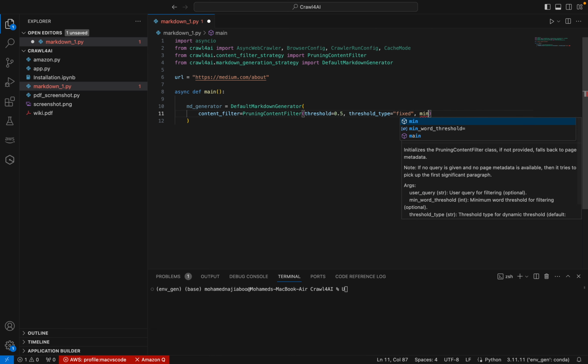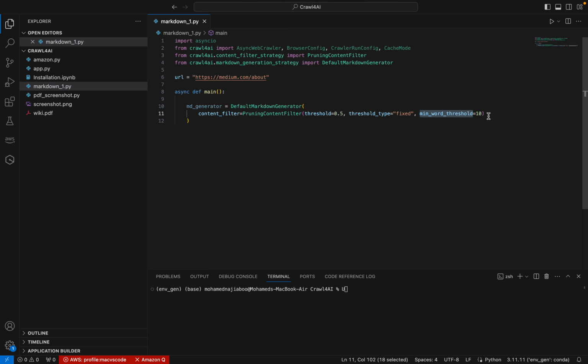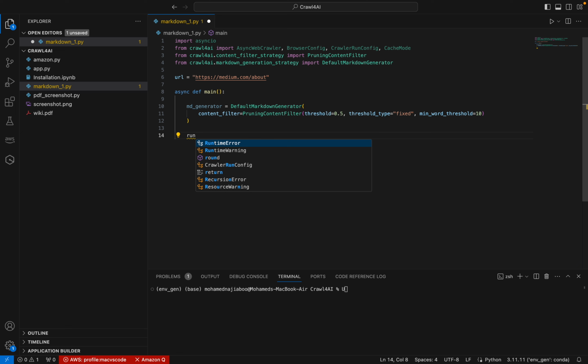and here I can set the minimum word threshold. So the content which does not meet this threshold will be eliminated. So if a paragraph is less than maybe 10 words, it will be removed from the list. Okay, once this is done, I can create a run config,